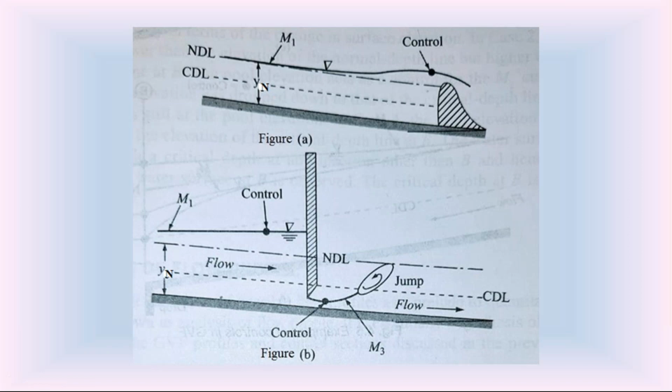A number of times I explained the M1 water surface profile, M2 water surface profile, M3 water surface profile, and also some others. What should be the length of that M1 water surface profile or S1 water surface profile or H2? What is the length of those water surface profiles? That is very, very important, especially in dams. When the river gets a flood during the flood seasons, the water is stored in the dam.